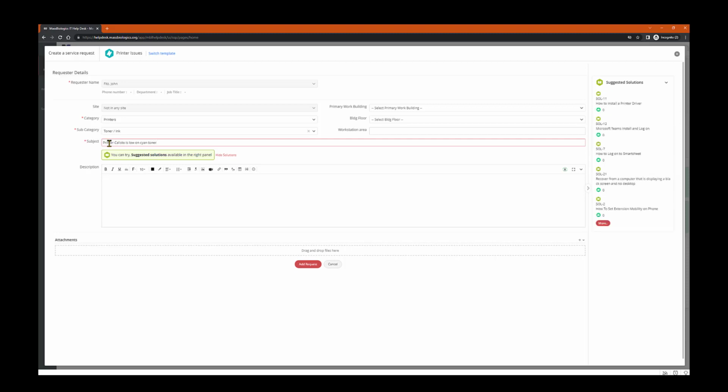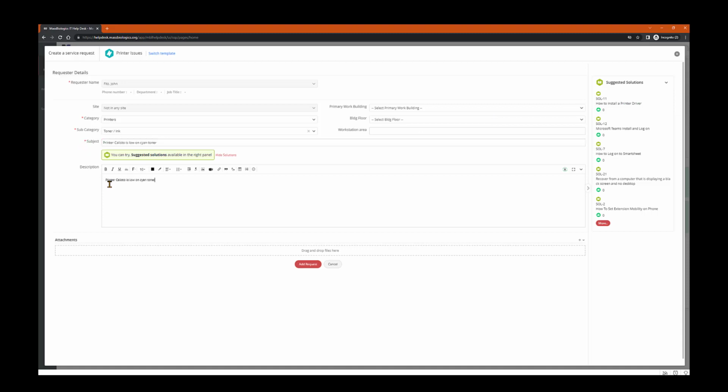But you notice when I typed in printer over here, I got how to install a printer driver and a few things here that look pretty random, but actually they're there because the word printer is probably in these documents as well. But the most likely culprit is this. So if I didn't know how to install a printer driver, I could click on that and install it for myself. But that's not related to low on cyan. So I'm going to do this. Control C,